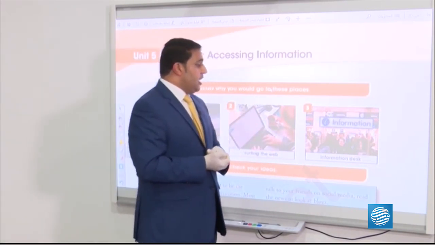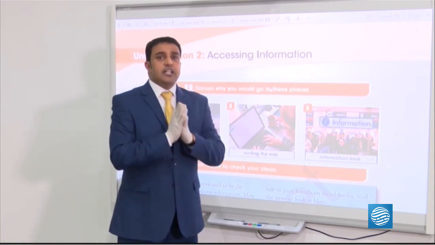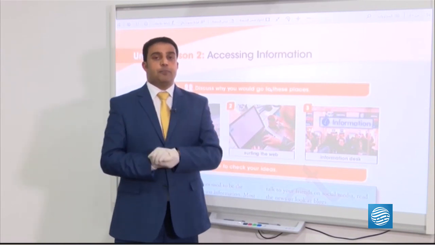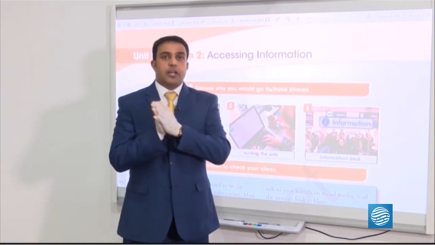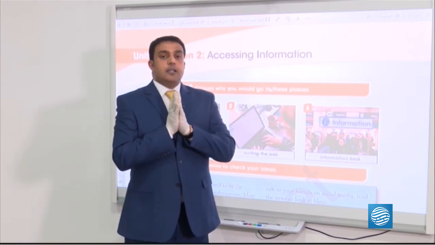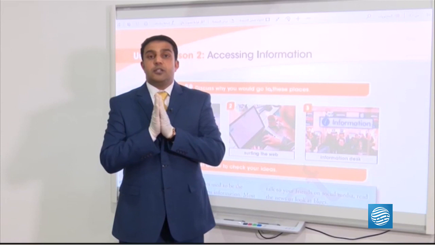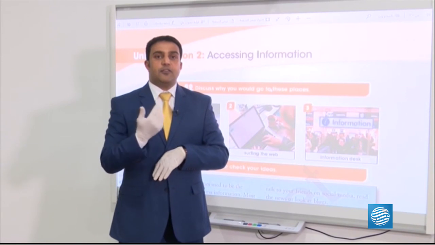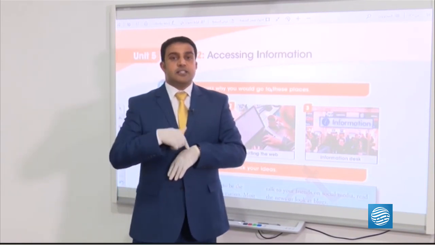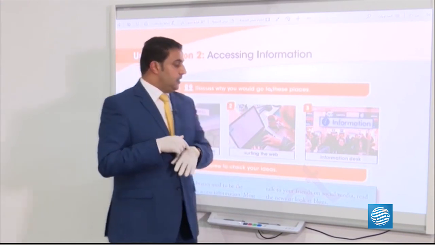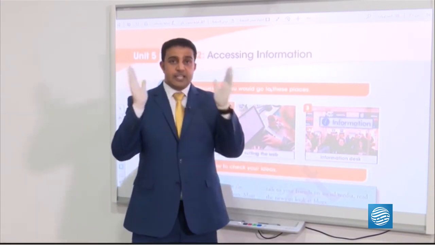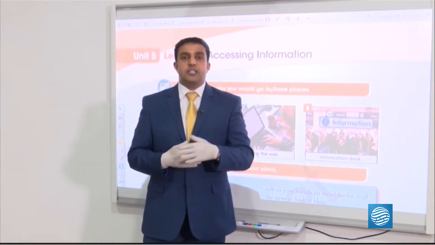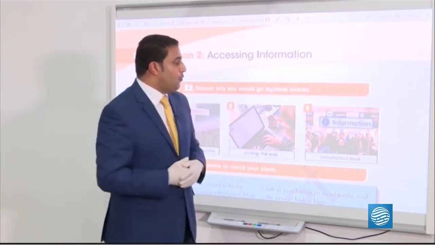Information desk. An information desk is like the reception. It's a place where you get your information. For example, if you go to the airport where you can fly from there by plane, and you want to know about your trip, what's the time of your trip? Or if someone arrives from another country and you want to know whether the plane has arrived or not. So this is called an information desk, a place where a person sitting there gets you the information that you look for or want.